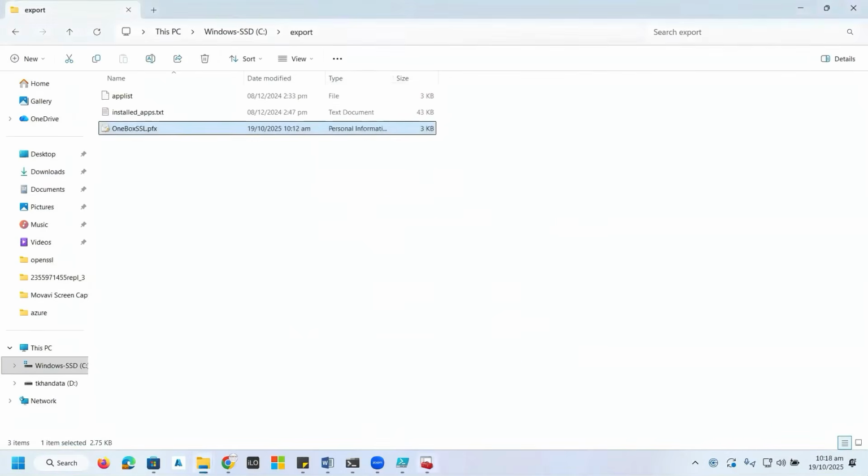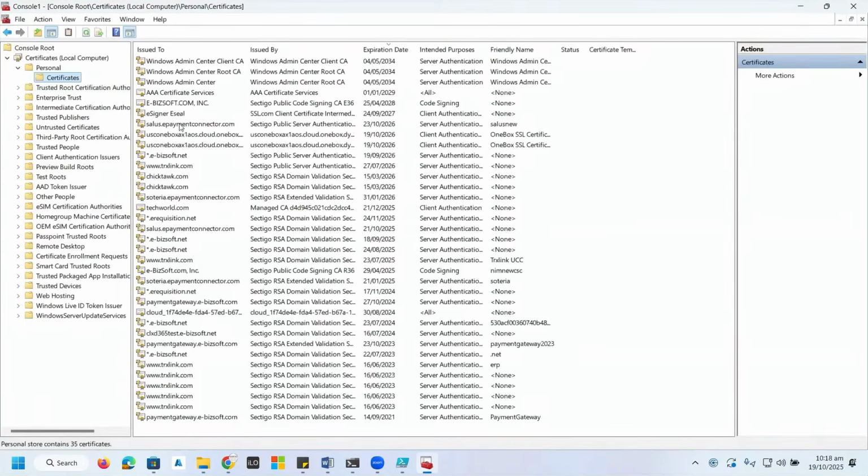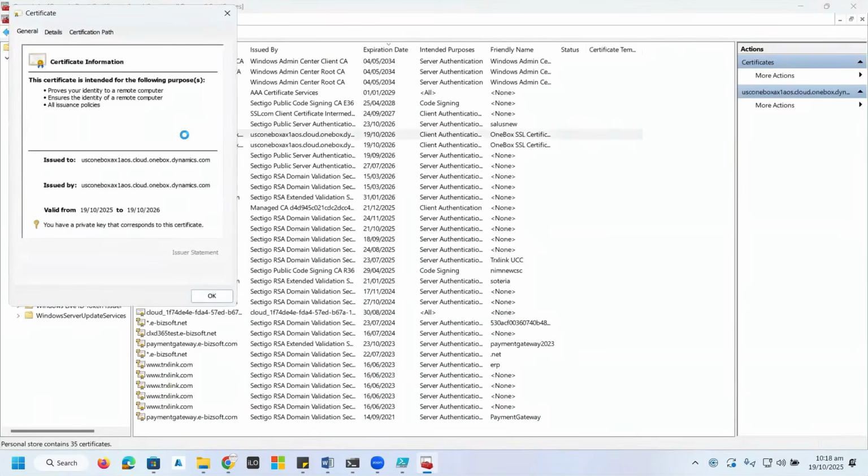So now we need to verify it again, because this certificate is now placed in three major areas. Here we go with this certificate, and here you go. Because it was a self-signed certificate, we need to place this certificate under intermediate, under root, and enterprise trust as well.